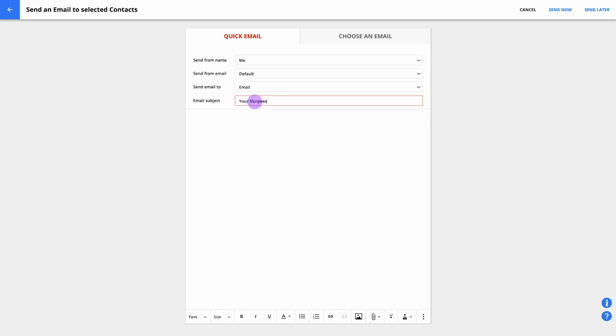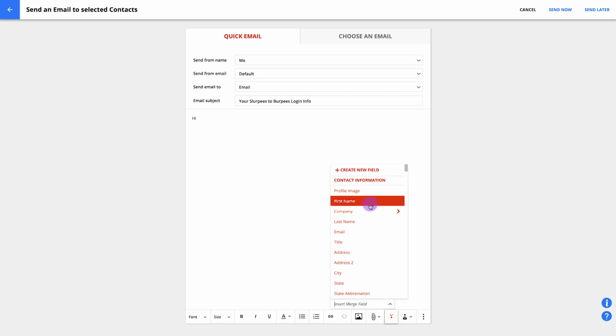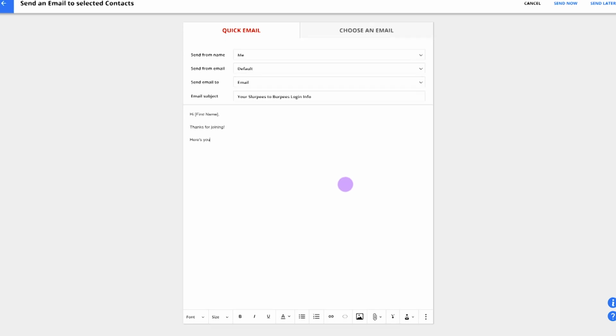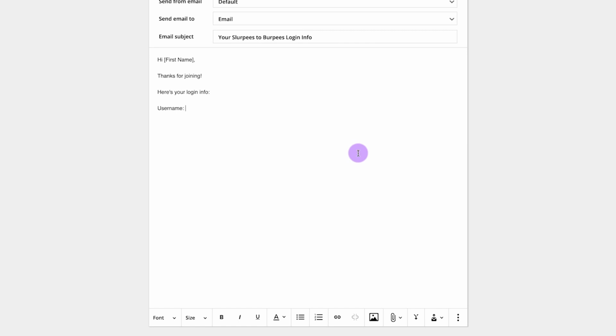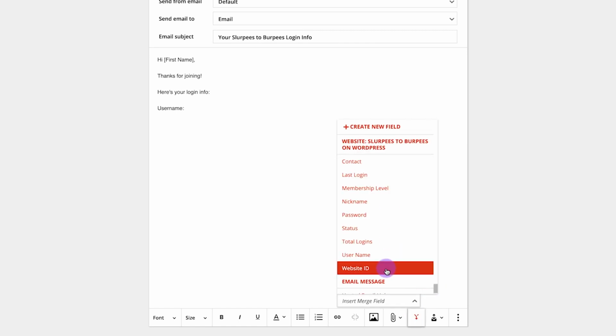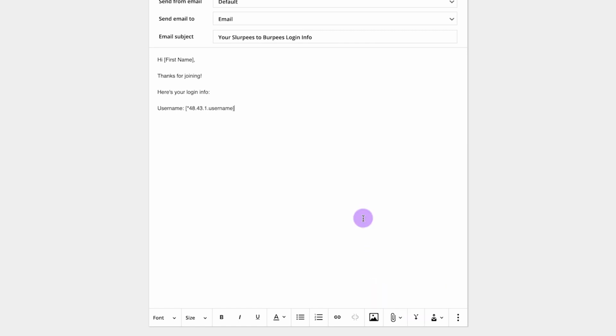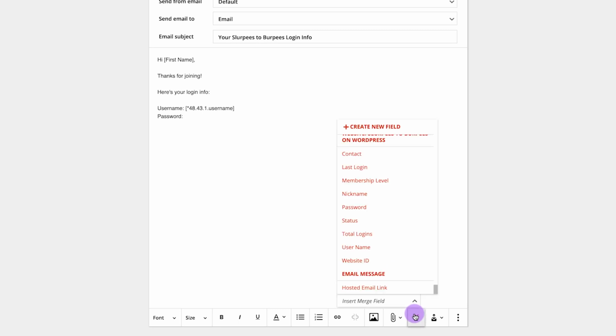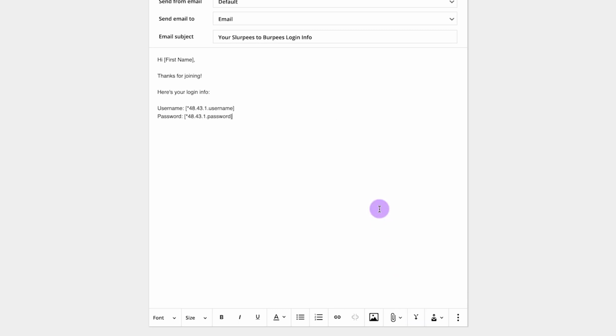After filling in your basic email settings, the from name, email recipient name, and subject line, you'll fill in the body of the message. Insert two merge fields here, username and password. You'll want to prompt before the merge field so that they know what they're looking at. The easiest way to do it is with something like this: username, the username merge field, and password, the password